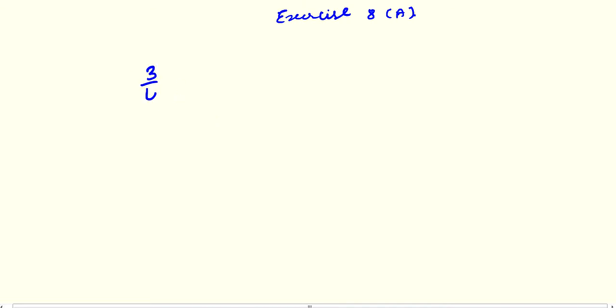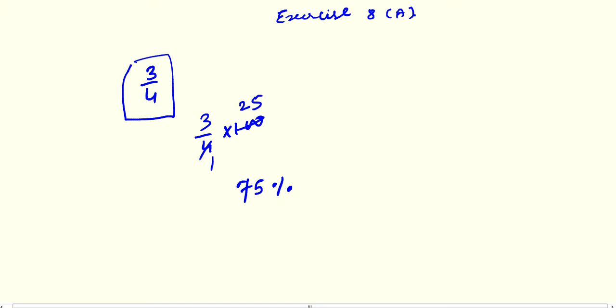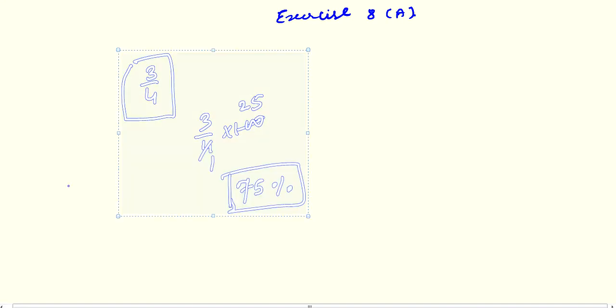3 by 4. So 3 by 4 into 100. 4 1 ja, 4 2 ja, 8, 2 remaining, 0 will become 20, 4 5 ja, 25. Sorry, 4 5 ja, 20 by mistake. Then 3 into 25, 75, then the percent sign. So 3 by 4 as percent is 75%. Okay, so the second one you can solve.